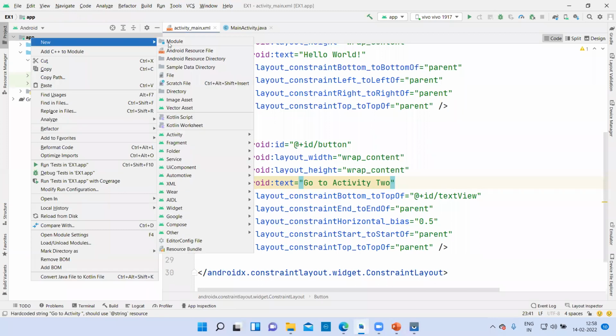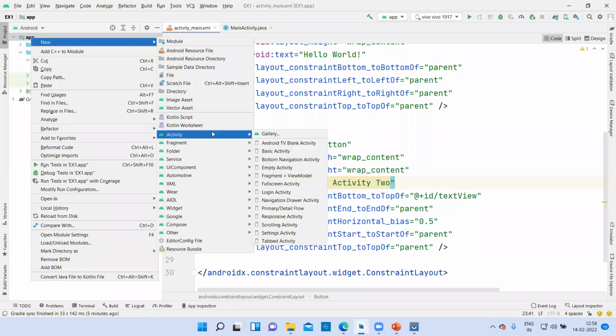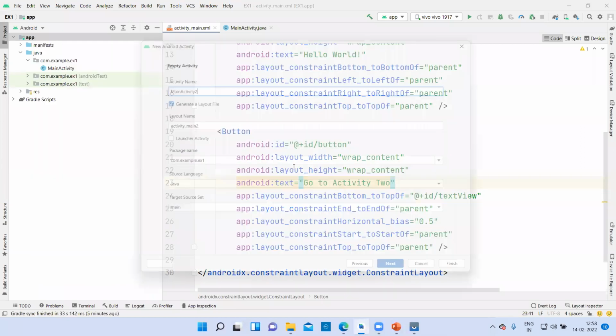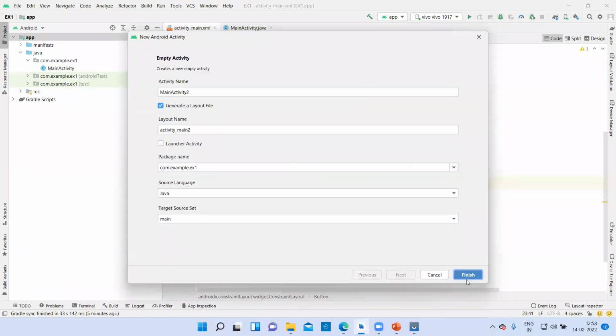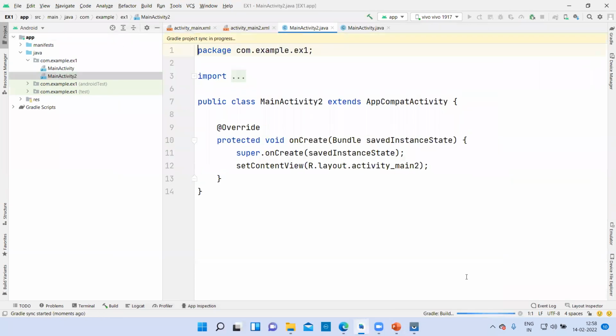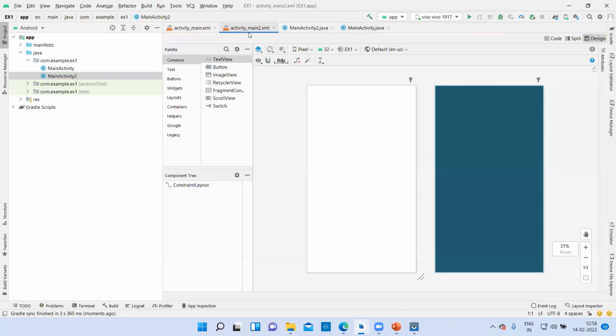Right click, new, then activity, then empty activity. Just create it and you'll have main activity 2. So finish it up and see its design part. It is there. So you can drag one text view and align it vertically and horizontally.